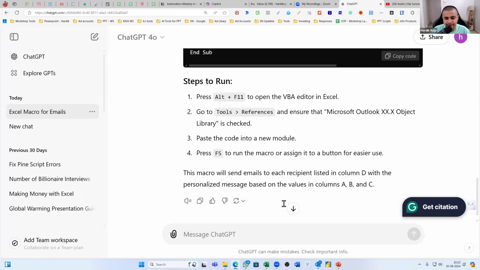Is it a feature of 365? Hardik, I use 19, I use 16, I use 22. Can I automate my Excel tasks? The answer is yes. If you don't know all of it, you can literally automate your Excel tasks with this developer tab. Now, what is this developer tab? This developer tab is nothing but